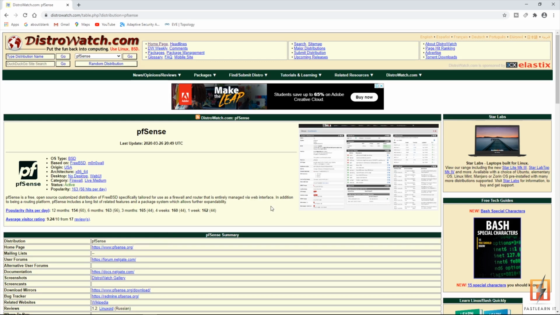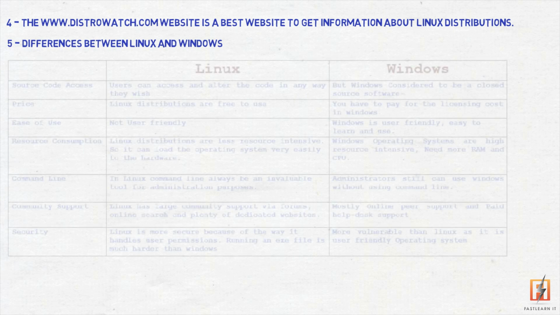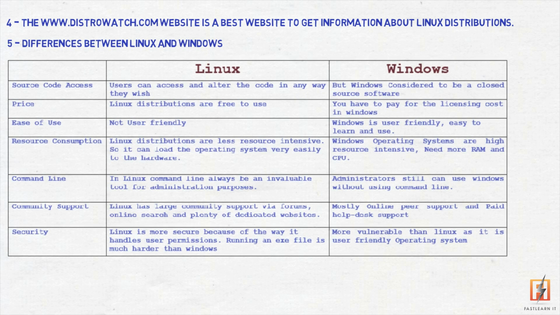The most popular and high-demand Linux distributions are CentOS, Red Hat, Ubuntu, and Debian. Here in this series we will study the Ubuntu Linux distribution from basic to advanced. There are certain major differences that you can notice between Linux and Windows. I will list out some of the main differences.